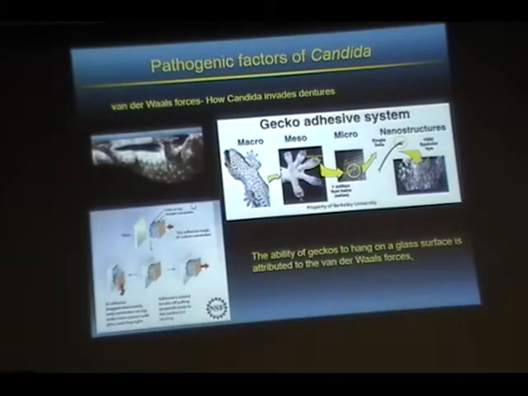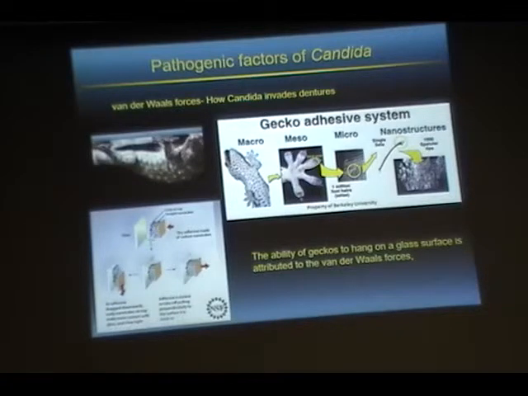So this is van der Waals forces. Some of you might have had chemistry or physics where you might have read about van der Waals forces. This is also how Candida invades dentures. It's basically an increase in the surface area that leads to a shift of the forces, and the positives and the negatives of the adjacent surfaces come close to each other, and that makes them attach. It's a weak force, but still